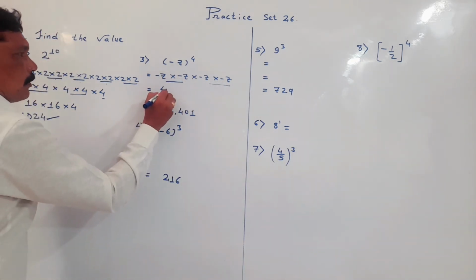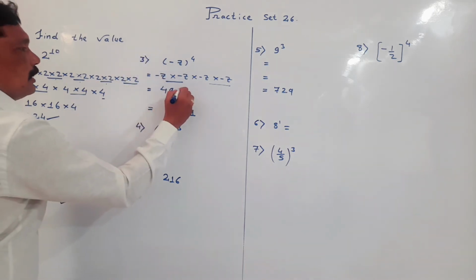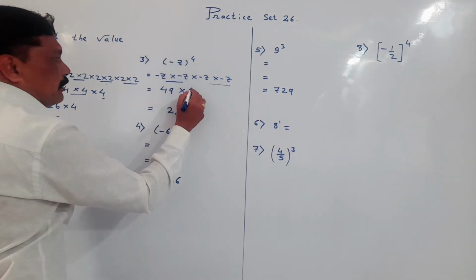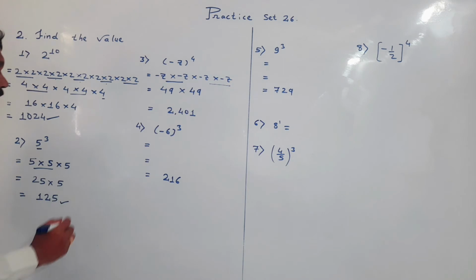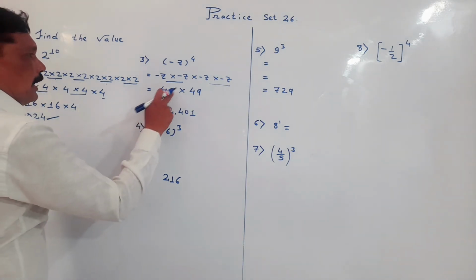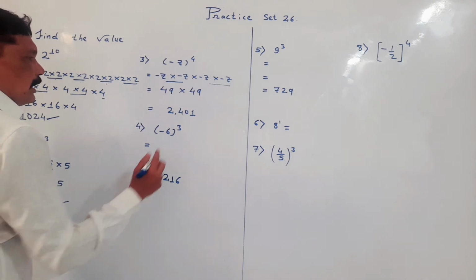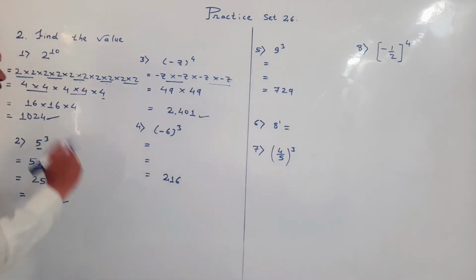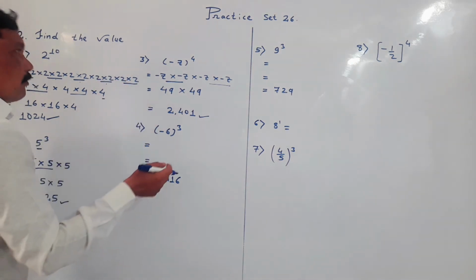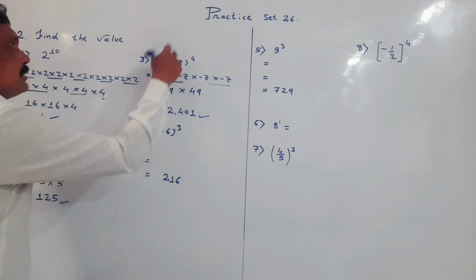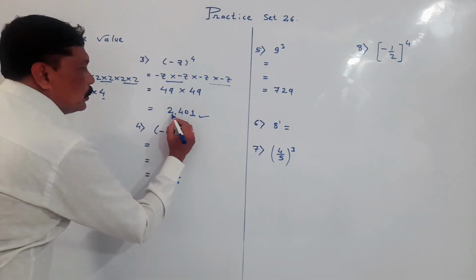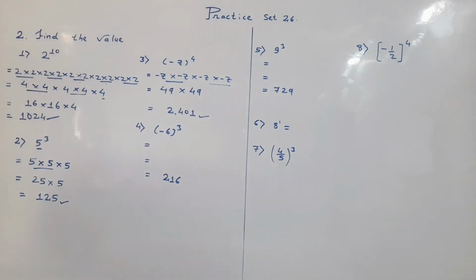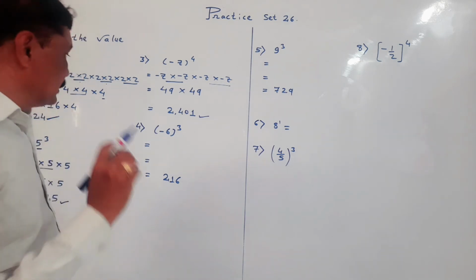7 7s are 49, plus 49 into 7 7s are 49, and minus minus will become plus, so again it will be plus 49. My dear student, if we multiply 49 into 49, we get 2401. So my dear student, the value of minus 7 raised to 4 is 2401. My dear student, the next question which is given to us is